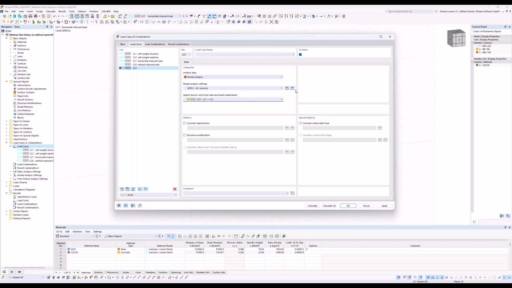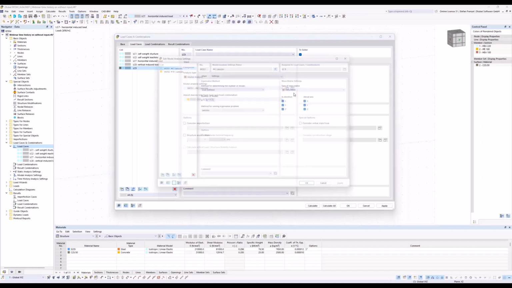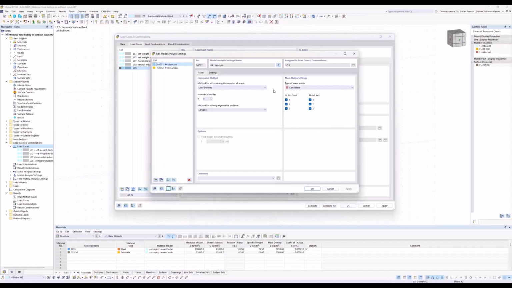Here I just have to go into the modal analysis settings, because for this modal analysis I need a number of modes. It's not 4, it's 30. So I need 30 eigenmodes for the calculation. I know this because I did it before, of course. Otherwise, you have to choose your own value, or you have to